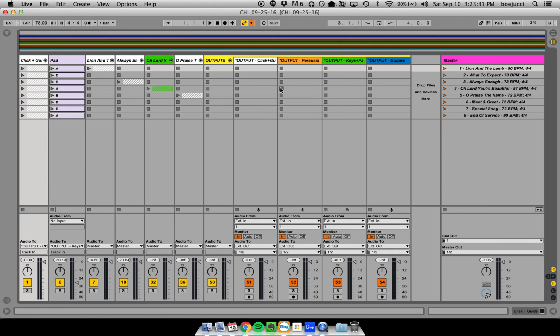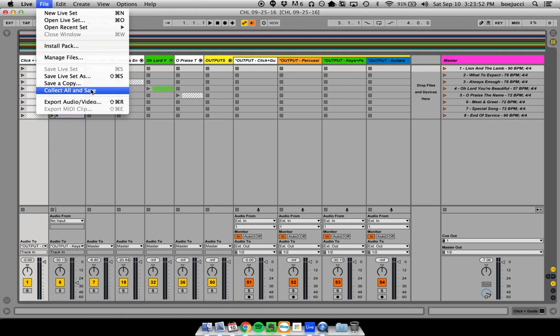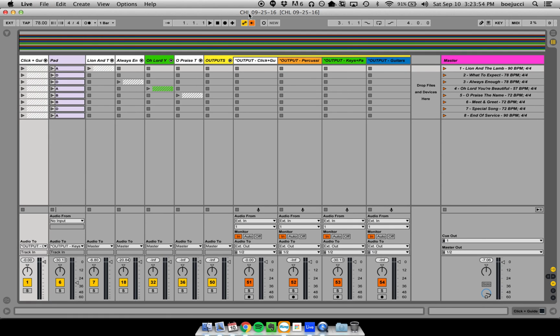Because I haven't saved anything yet, because I just have a configuration, just a .als file saved, I can make copies of this ALS file for my different campuses and then modify them there without pulling gigabytes of data, right? Track with me here. If I were to collect all and save on CHL and then I were to save